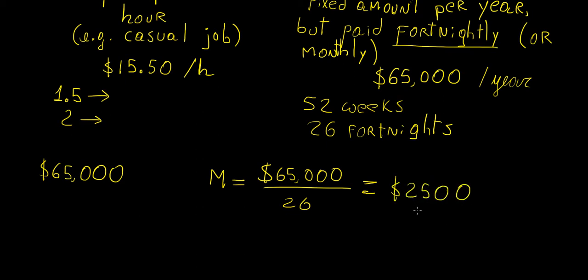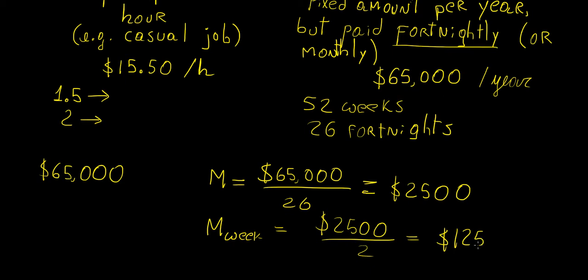And if you wanted to basically calculate how much you're earning per week, because you wanted to take into account expenses and all that, then you could say something like money per week would be, you could just take this value and divide it by 2, because you know that this is every 2 weeks. So divided by 2, that would be $1,250 per week.